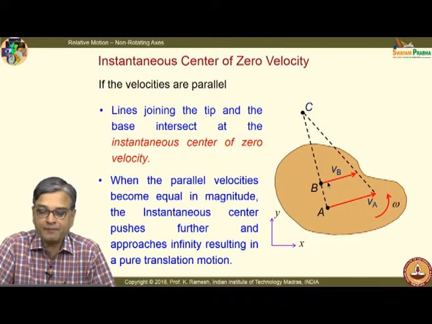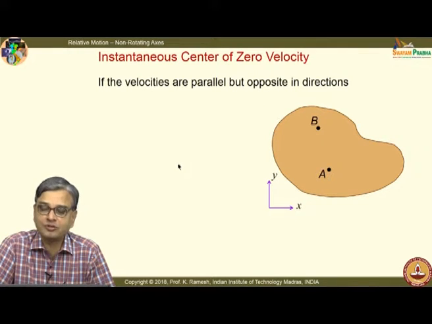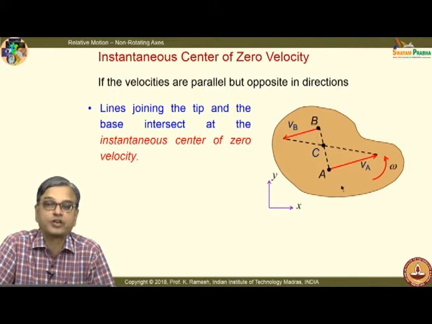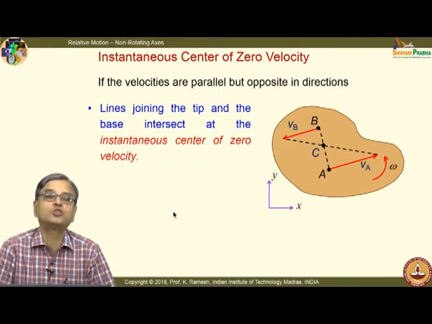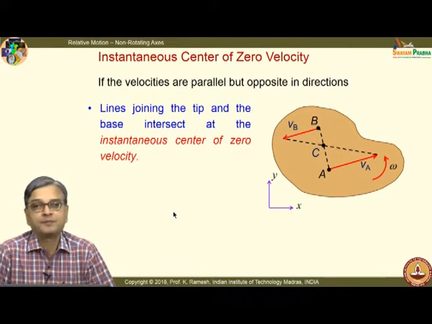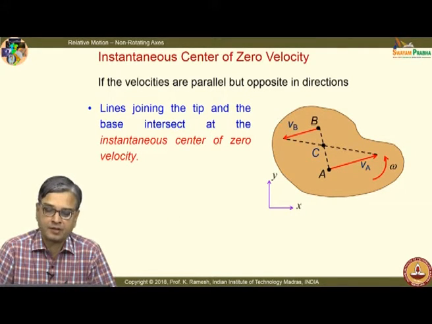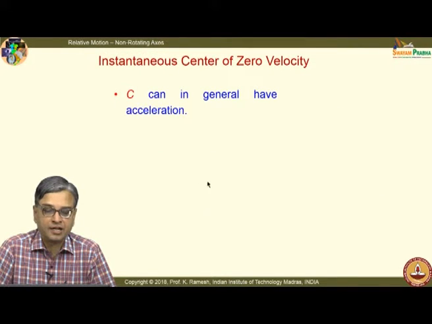And suppose these velocities are parallel, but in opposite direction, that possibility is also not ruled out. I have velocities which are parallel, and in opposite direction. Again follow the same recipe, join the tips and the base, I get the instantaneous center of rotation. It is a very, very useful concept to solve a class of problems. Okay. And we will again visit this